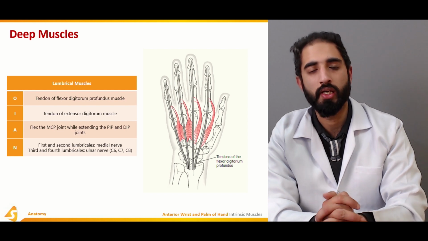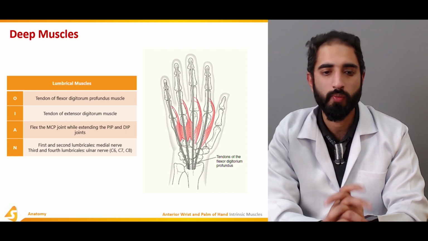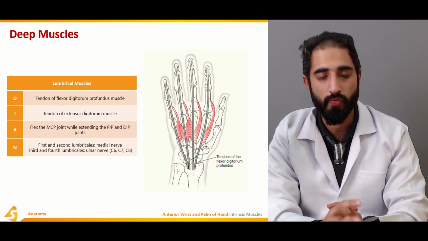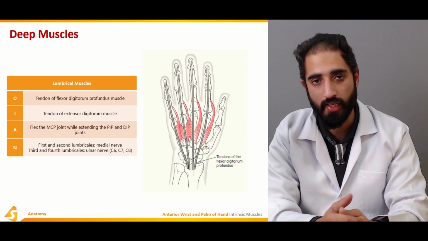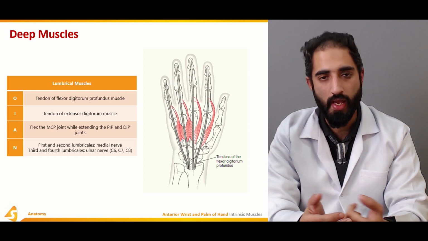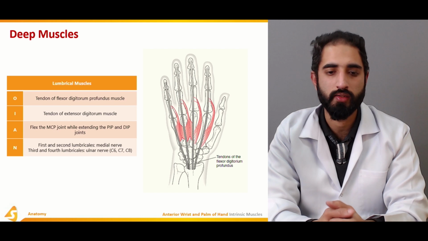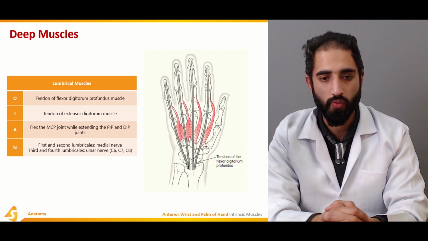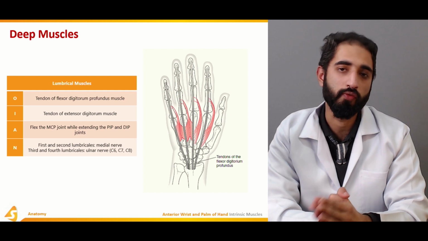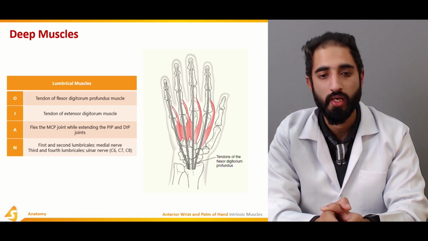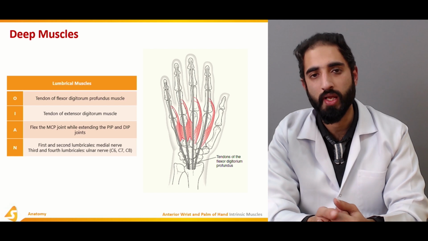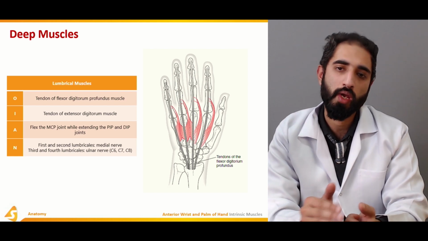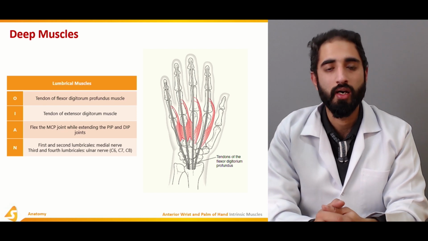Now talking about the lumbrical muscles in the deep muscle group, the origin is from the tendon of the flexor digitorum profundus muscle, which is once again an extrinsic muscle of the hand coming from the forearm, and insertion is on the tendon of the extensor digitorum muscle. The function is that it flexes the metacarpophalangeal joint, whereas it extends the proximal and distal interphalangeal joint, because it arises from the palmar aspect and moves towards the dorsal